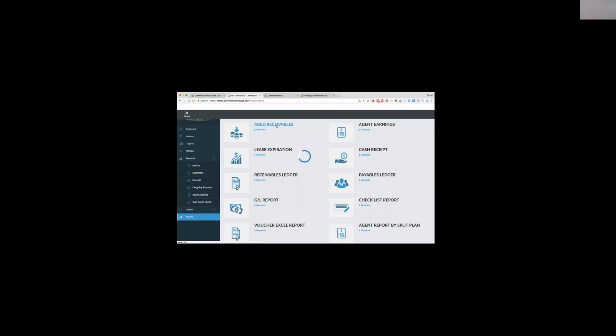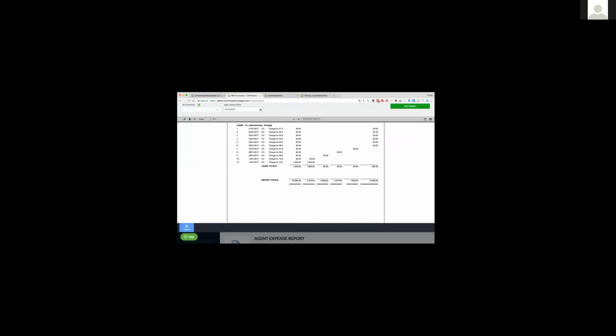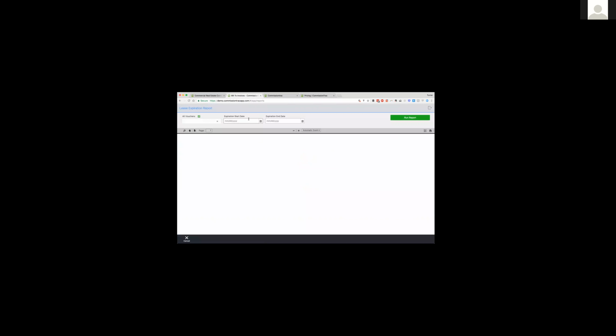And if they just want to know what the aged receivables are as of today, it's really easy to break down every deal: our 30, 60, 90, or 120-plus aged receivables. Agents can log in and run their own aged receivables reports on just the deals they're on, if they police that themselves. If you just wanted to see a list of leases that are going to expire in some date